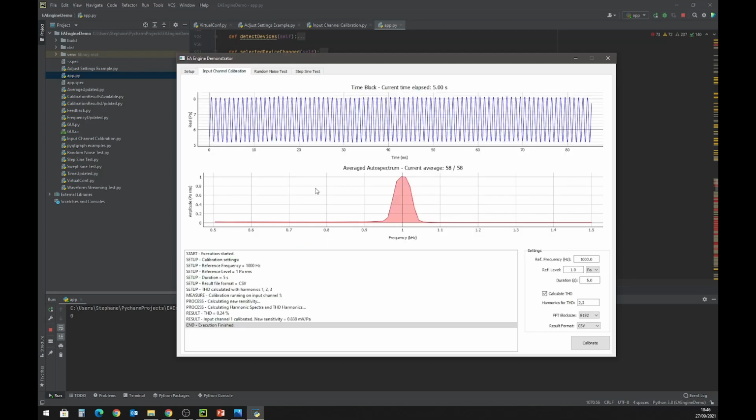you can see that the sensitivity has been adjusted automatically in the file. So we have finished with input channel calibration. We'll go now on some other tests. So I will move my microphone just in front of my mouth simulator,